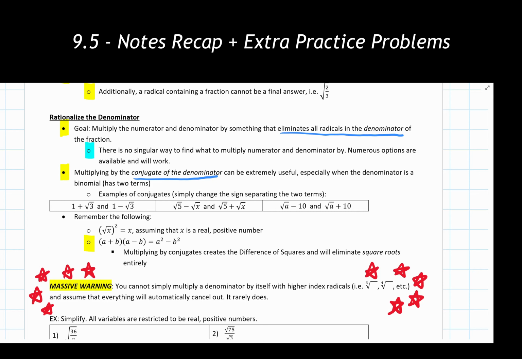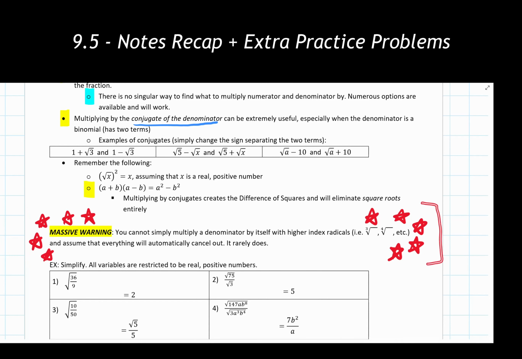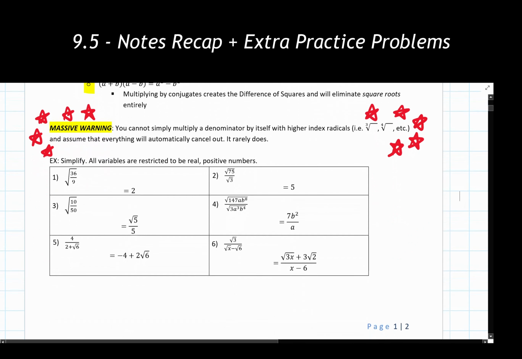If I have a radical in the denominator spot, I need to eliminate it. We have a process that we have showing up right here for that. Remember using the conjugate of the denominators if we have something adding or subtracting in the denominator spot. And then the last part was a bit of a warning. I say a bit, but it's more of a massive warning. This process that we used where we just multiply by the denominator itself or just by the conjugate does not always work when we get to higher index radicals, the third root, the fourth root, the 10th root, etc. with that. So we had our examples that we went through here.